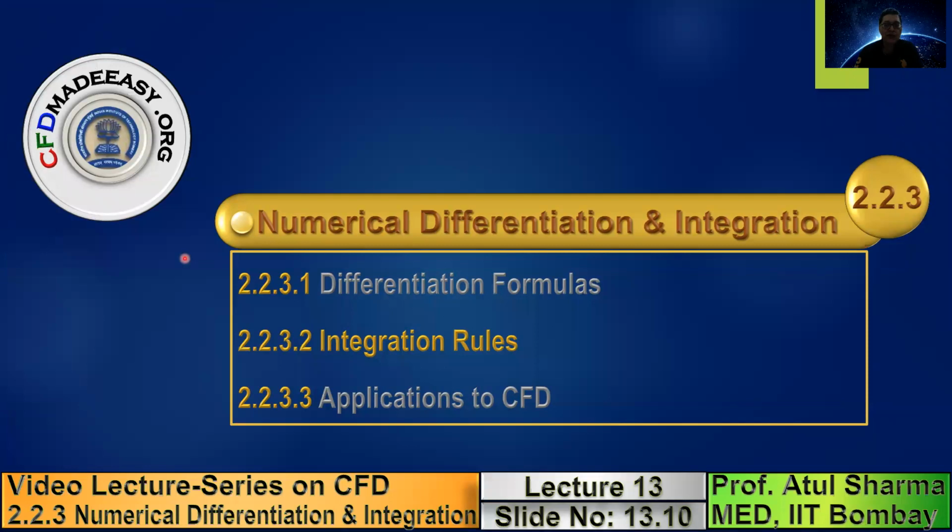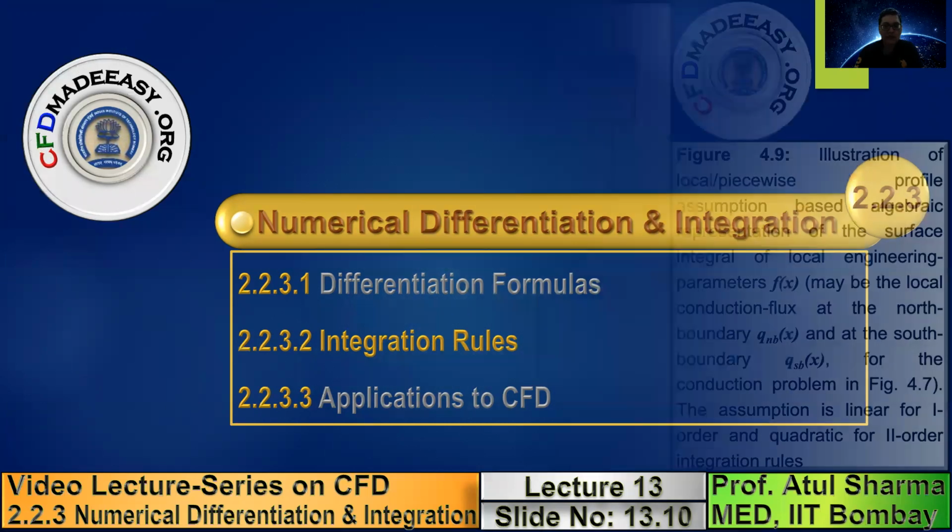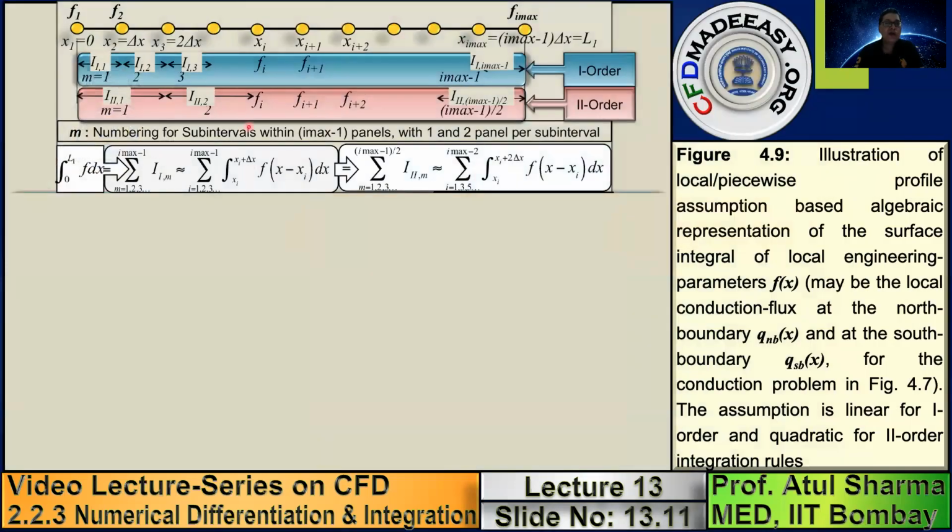After the differentiation formula, let us go into the integration rules, the equations that we use for numerical integration. For numerical integration, let's suppose these are the points where we know conduction heat fluxes, and we want to obtain the total rate of heat transfer. The strategy which is used for numerical integration is